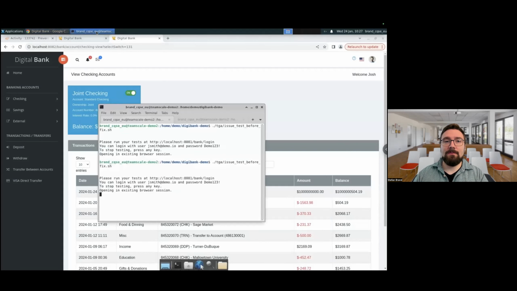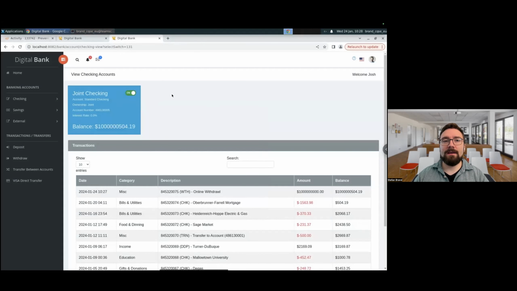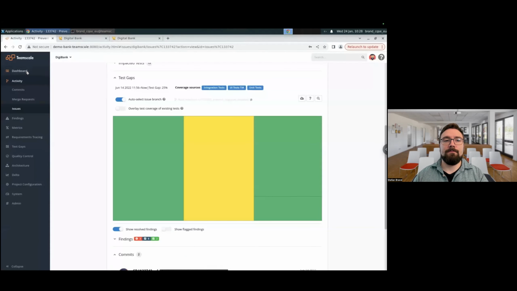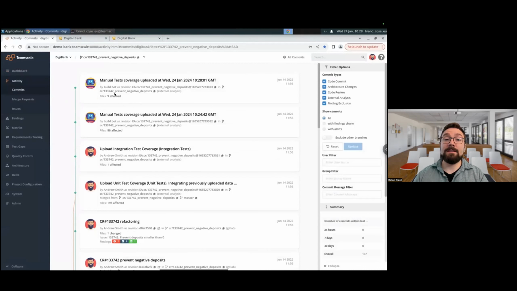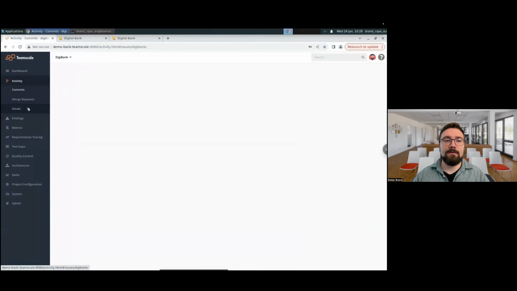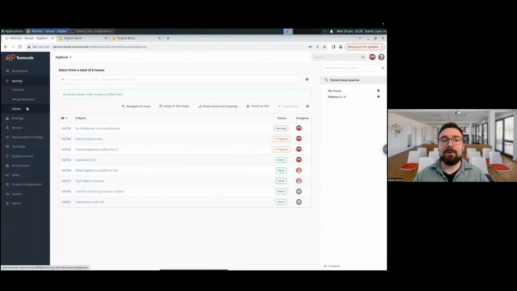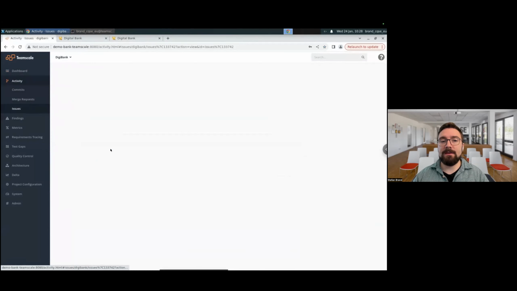But first of all, we need to close the profile again and send the data back to TeamScale. Then we go back to the activity stream. We can see the second coverage which has been uploaded. And if we go back into our issues perspective and inside our issue,